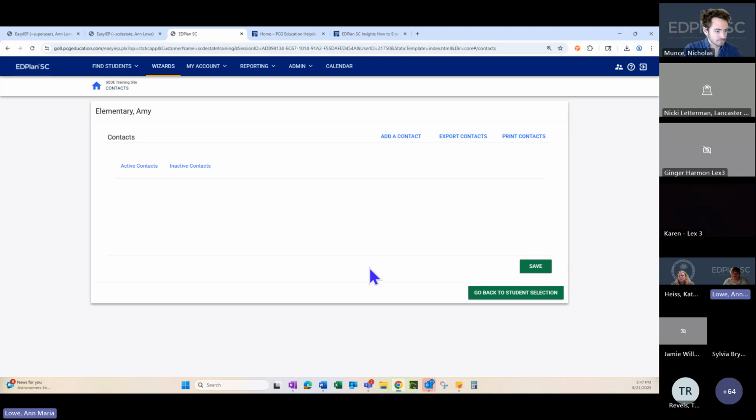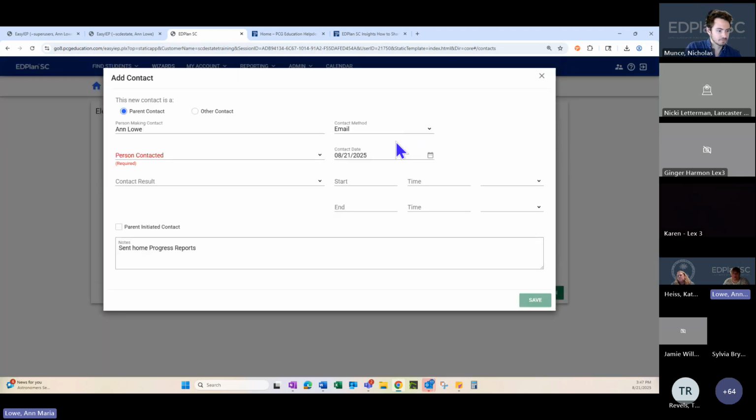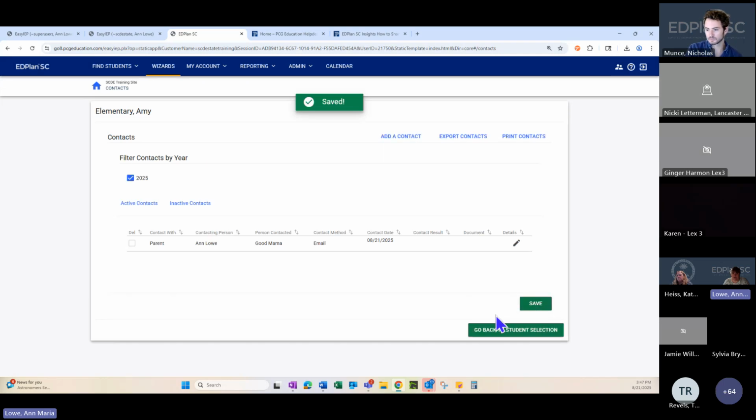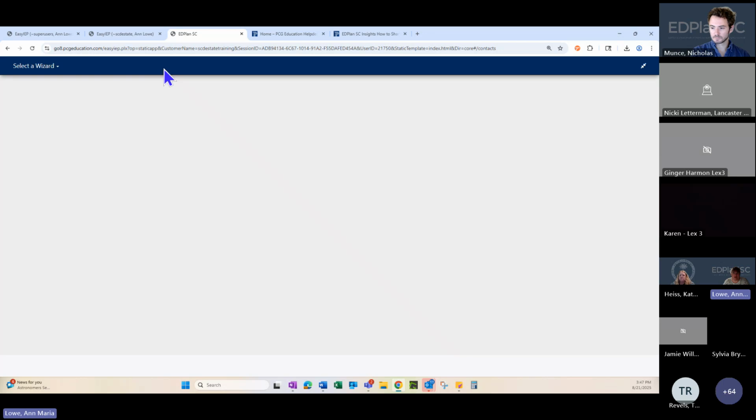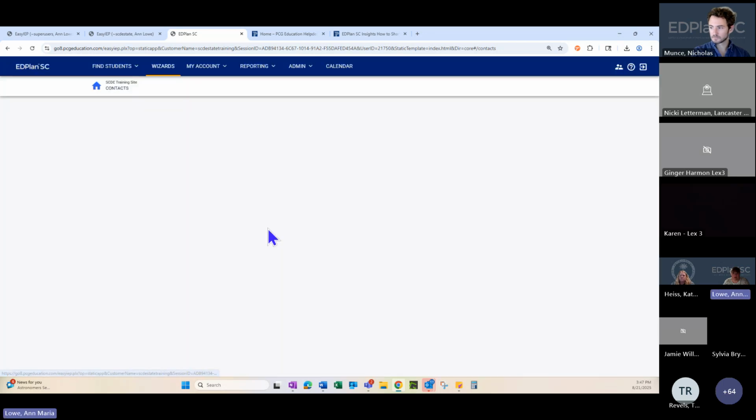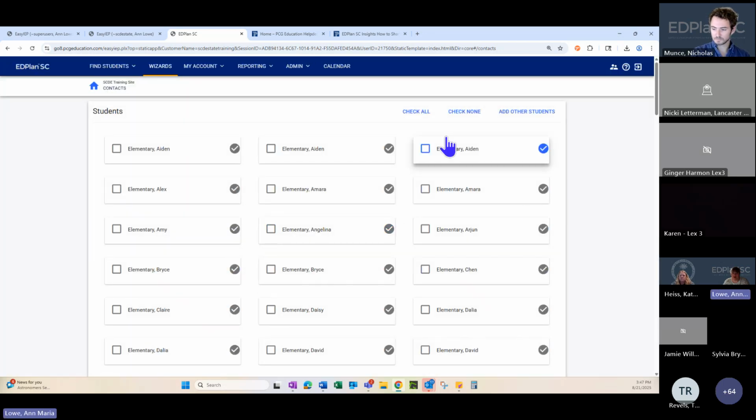So that launch group is a way, if you're documenting the same thing for many kids, to go in here and launch that contact wizard. I'll show you how I did that again. Go to Wizards, Contact Wizard. I can choose all of my kids, or I could choose just the ones I want.